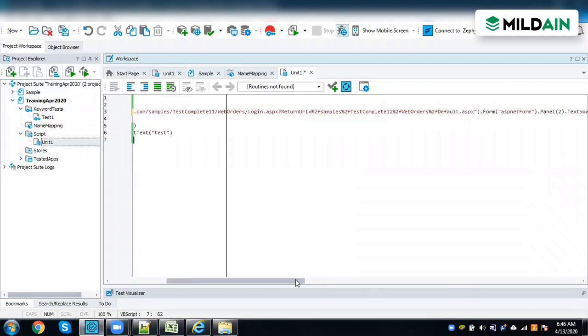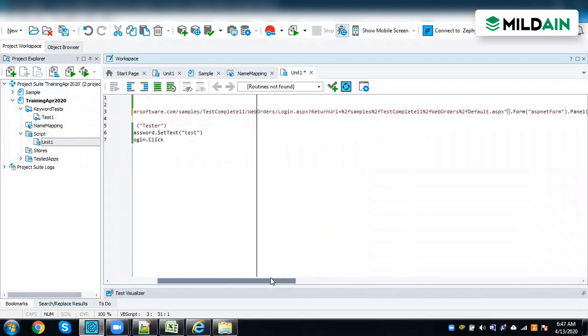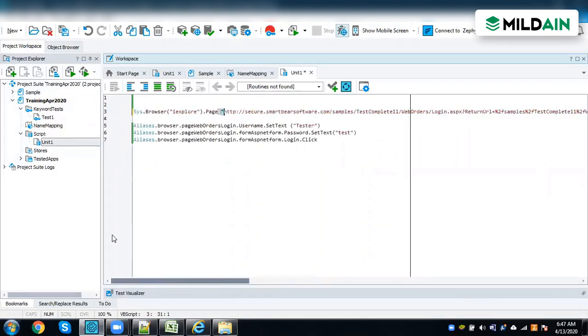Both are the same, whatever is on line number 5 and line number 2. This is a different way of getting a full name. Here it is being converted into this name, but both are the same.